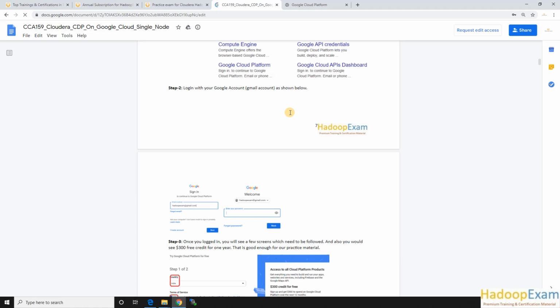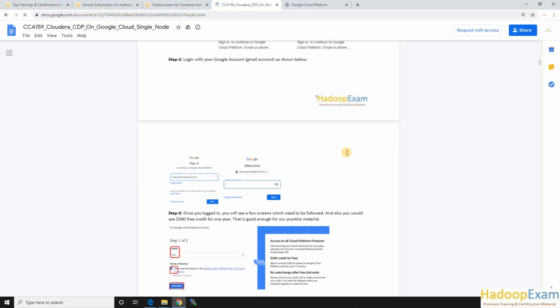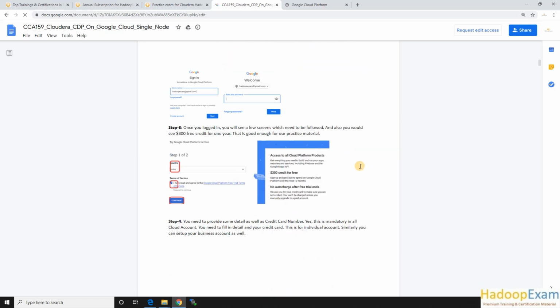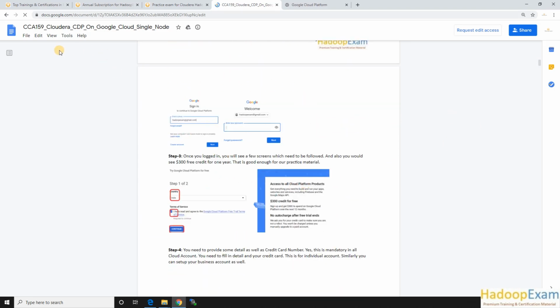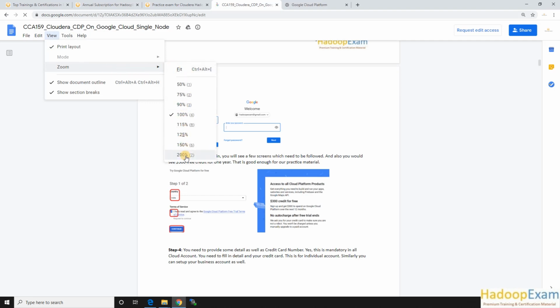But remember, Google is not going to charge you directly unless you are informed. There is no charge as such, because we have been using this instance for quite a long time and there is no charge. They say this is free credit. Not a single cent have we spent yet on this material, and I think the same would be true for you. These are the instructions you would be following. Let me zoom in. How would you zoom this document? Go here and select 200%.